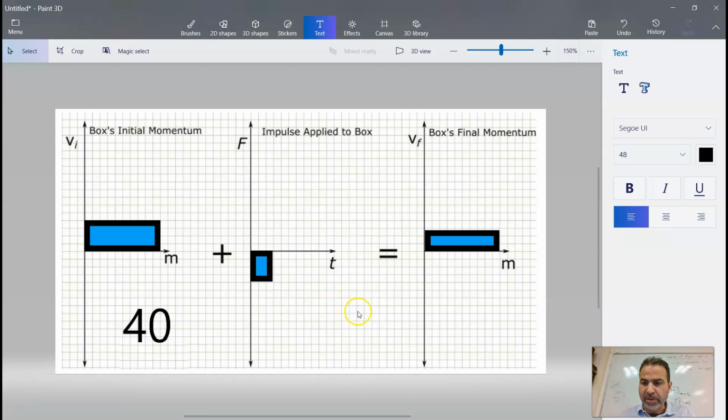I'm not the best at Paint 3D, but I think you guys get the idea. 40 plus negative 12 equals 28. So just make sure your mass does not change for the object unless it loses mass, which is most likely not the case. And it has to mathematically make